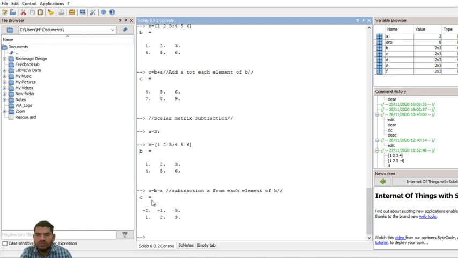That means 3 minus 1 is 2, 3 minus 2 is 1, 3 minus 3 is 0. This is scalar subtraction.